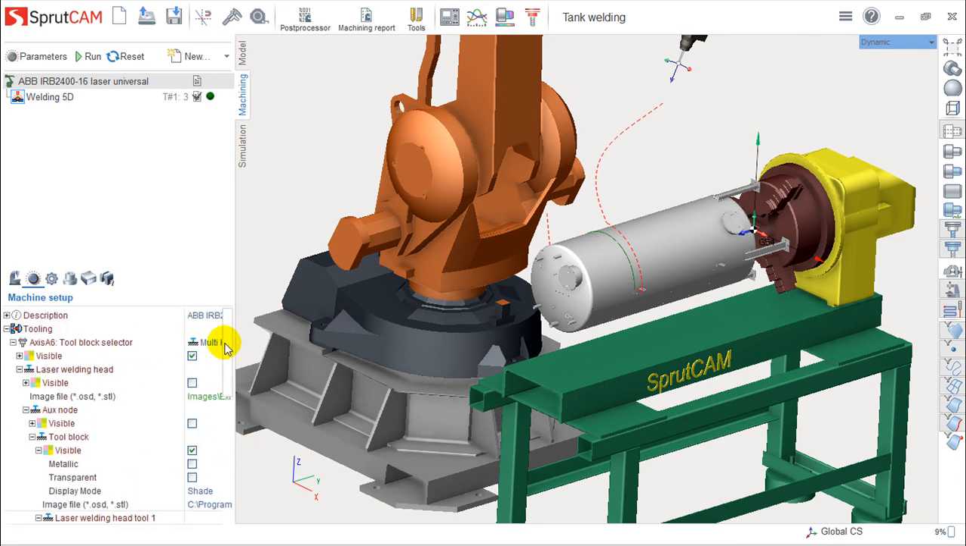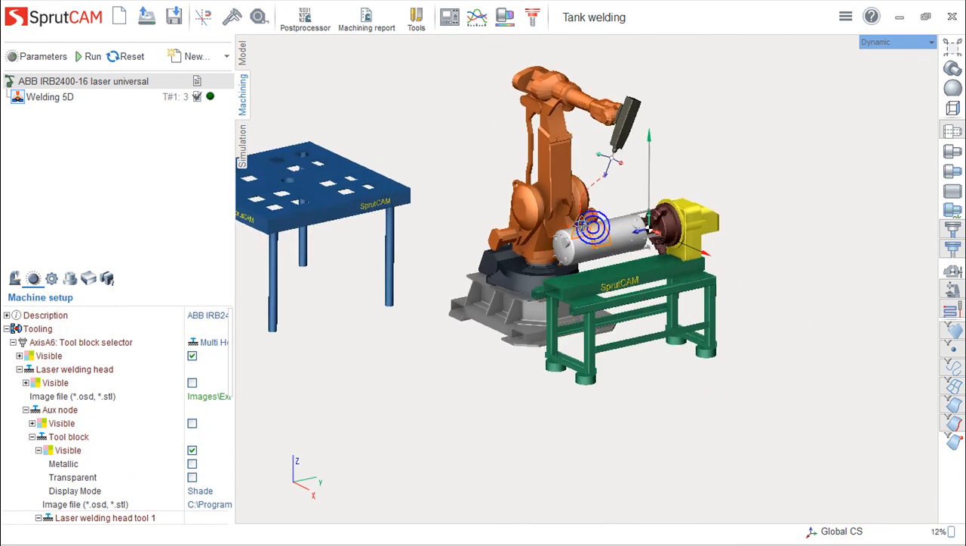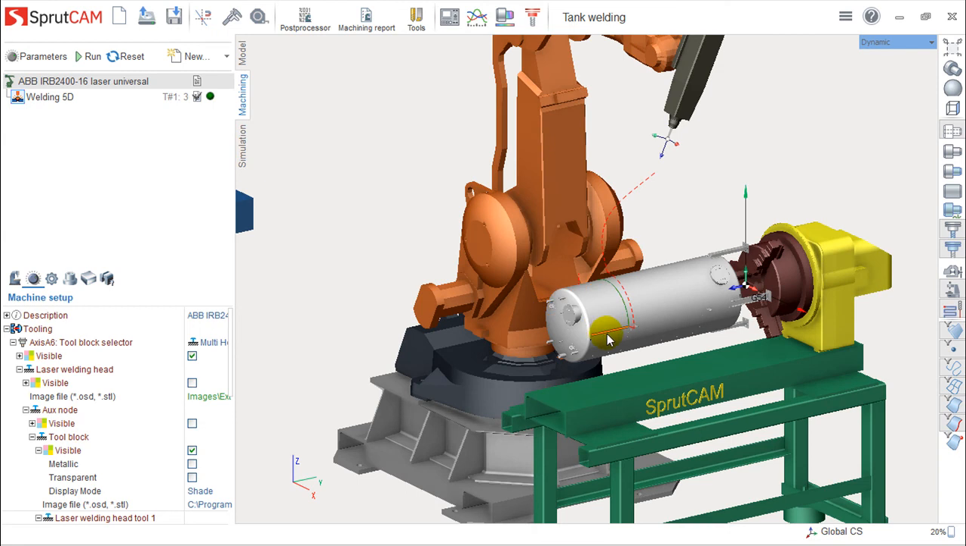Okay, so basically this is not very difficult. The hardest part is really the definition of the equipment. As before,